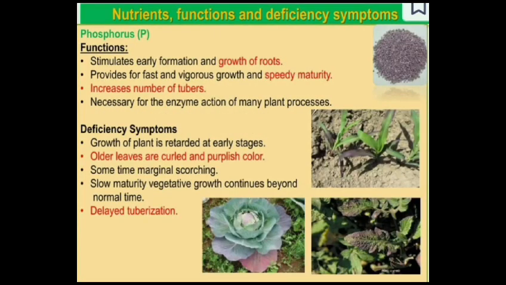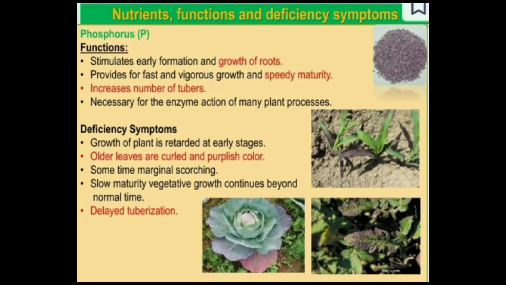Then phosphorus functions: stimulates early formation and growth of roots, provides for fast and vigorous growth and speedy maturity, increases number of tubers. Deficiency symptoms: growth of plant is retarded at early stage, older leaves are curled and pearlish color,